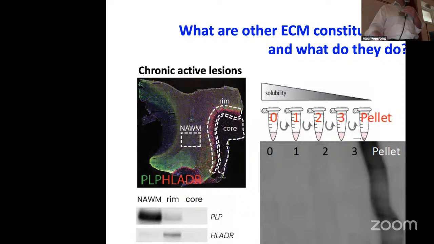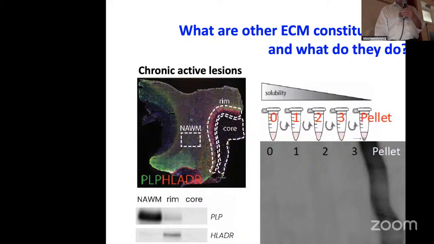And this is an example of a run in which we have identified 87 bona fide ECM molecules. And also we have examples like this in which, in the highly insoluble ECM enriched portion, you have